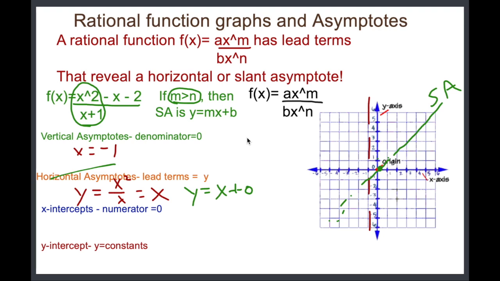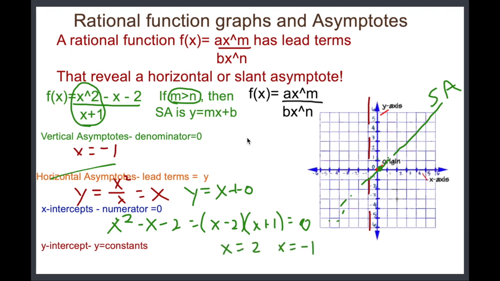And then the x-intercept is the numerator, x squared minus x minus 1 is factorable into x minus 2, x plus 1. Setting each of those equal to 0, we get x equals 2 and x equals -1. Now these are going to be very helpful because if you look on my graph, x equals 2 and x equals -1,